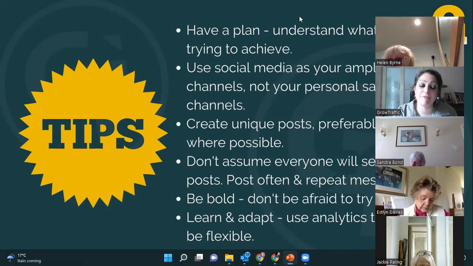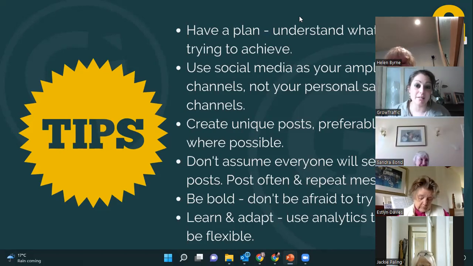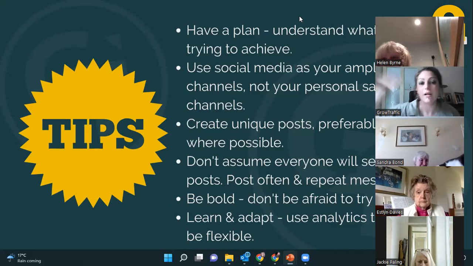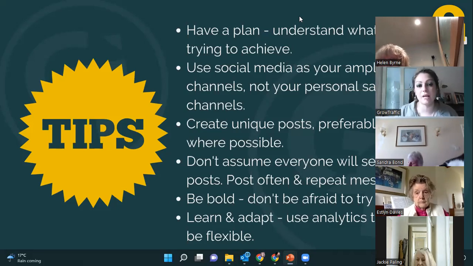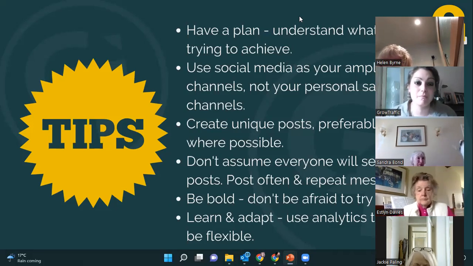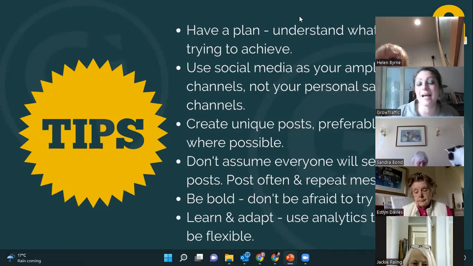And basically, don't be afraid. You cannot break these systems. If you create something that somebody isn't really interested in, they will just scroll past. They won't fall out with you. So it's all about trying, getting better, looking at your statistics, your insights, your analytics, seeing how many people are liking things and at what time of day, and using that information to get better. Also ask people when you meet them at events: do you see our stuff on Facebook? If you engage with it, do you like it? So learn and adapt all the time, and the more you do it, the better at it you will be.